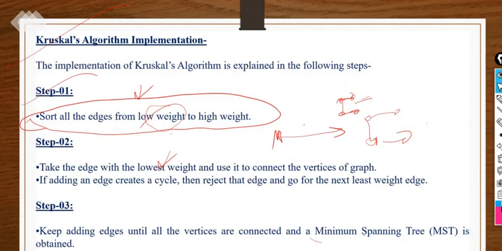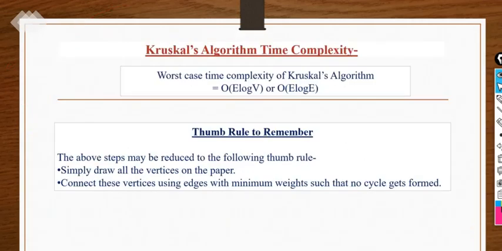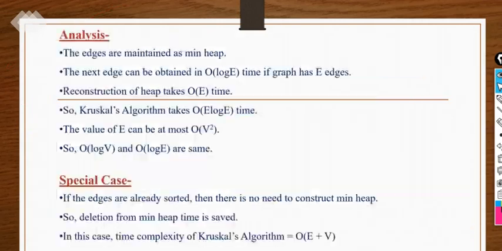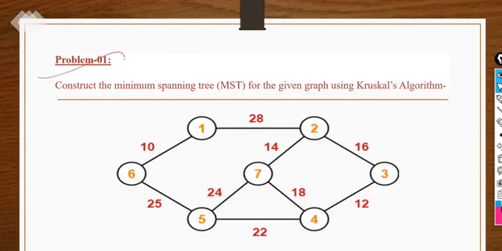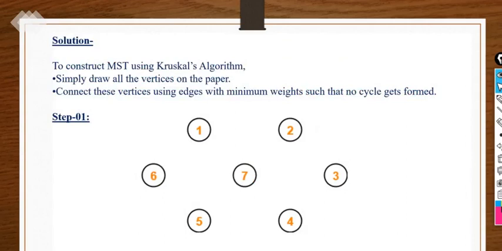Now we will take an example to get better clarity on the steps of the Kruskal algorithm. We will discuss time complexity later. First we have the problem of finding the minimum cost spanning tree. I have taken the same problem so that you get the similarities and dissimilarities with Prim's algorithm. So here we will discuss the same problem with the help of the Kruskal algorithm. Let's start.